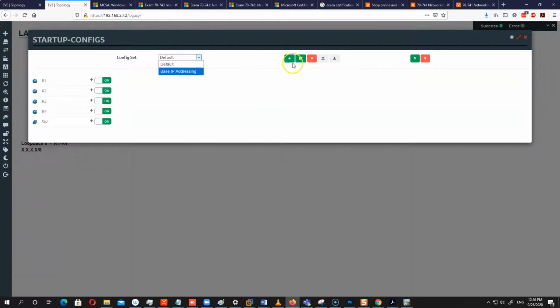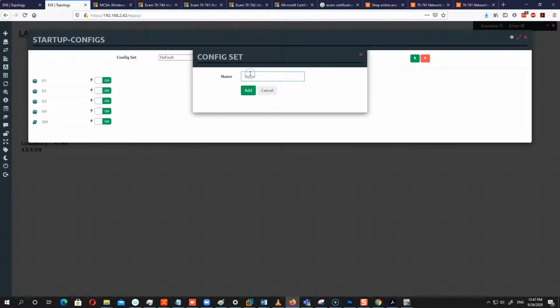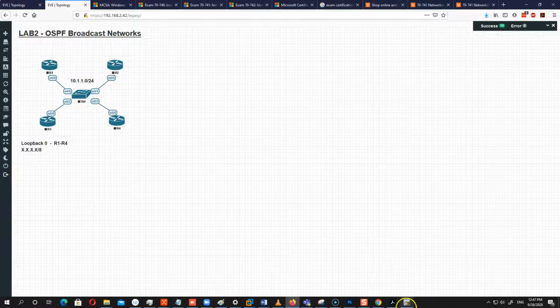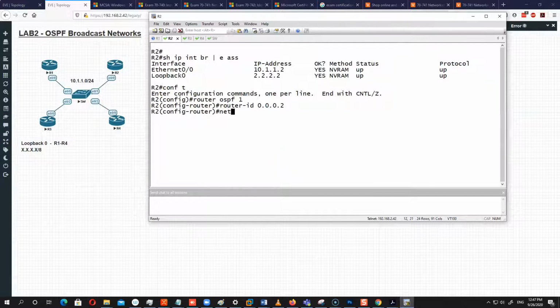I don't, so let's create one, which is the final lab config, because I'm going to export on this one, just for that sake. There we go. So I saved it. Now let's continue our task, which is network 10.1.1.2 area 0, right? And then network 2.2.2.2